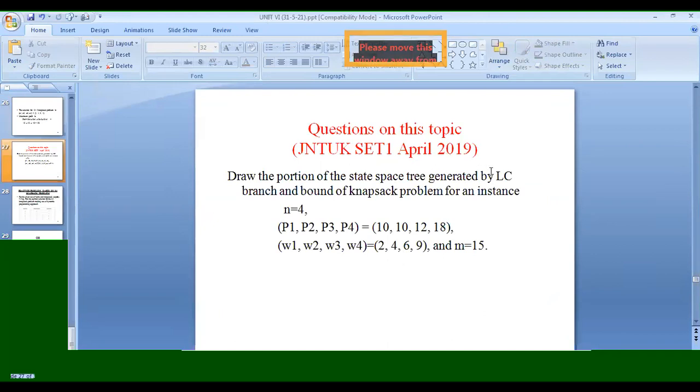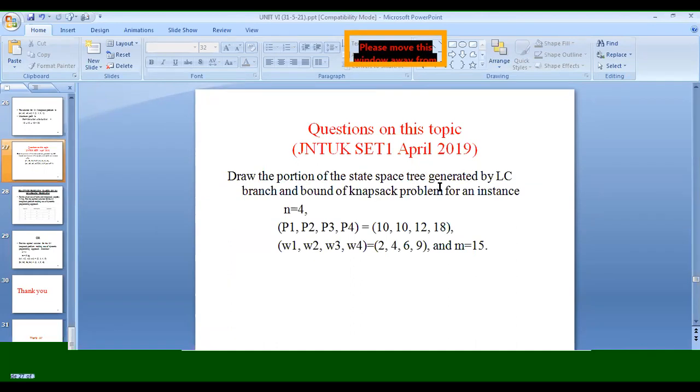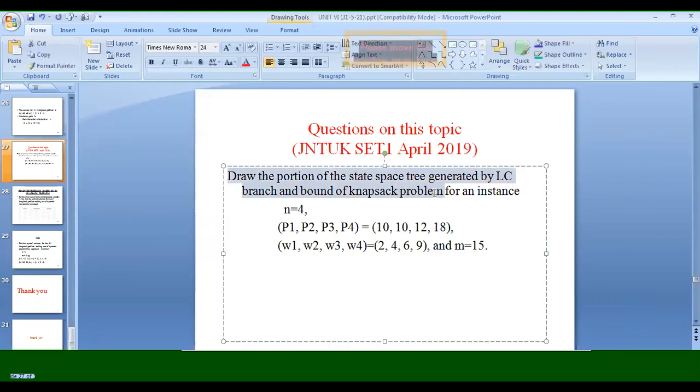So the same question was asked in the JNTU exams in set 1 in April 2019. So please, you can note down this question. This question is asked in the university exams, in set 1 question paper in April 2019. See the question. Draw the portion of state space tree generated by least cost branch and bound of knapsack problem for an instance,